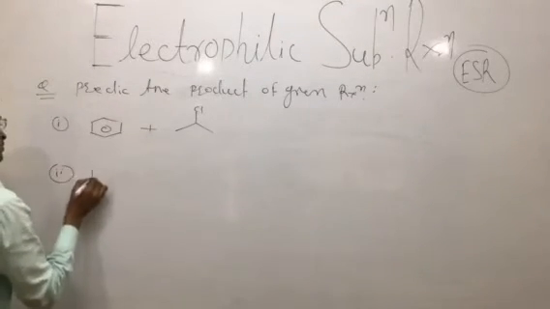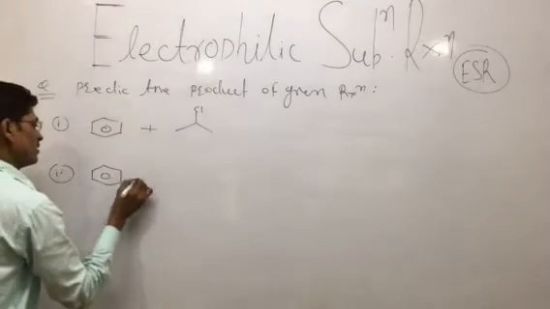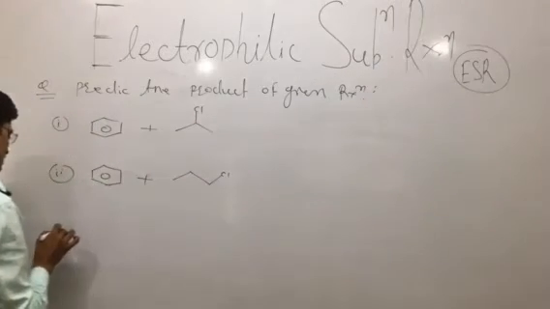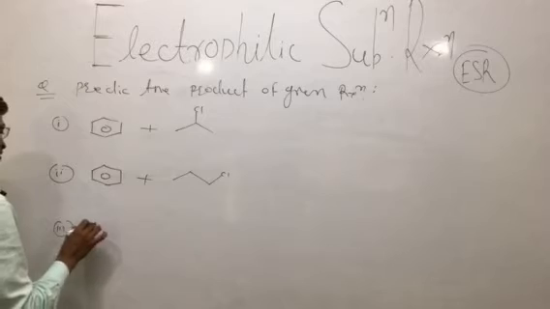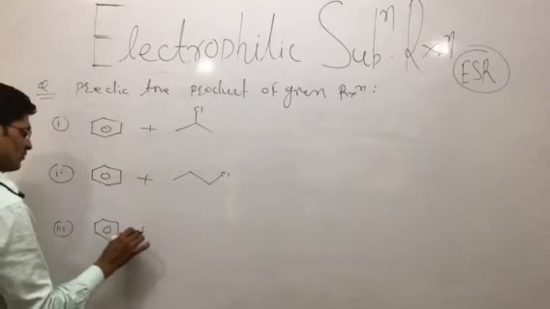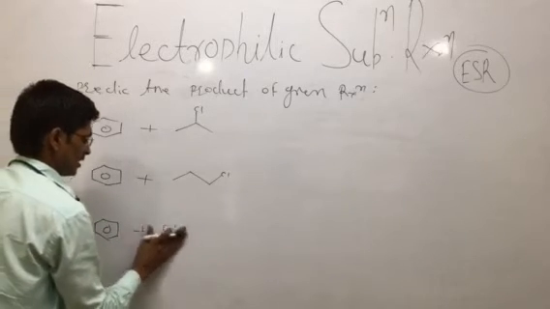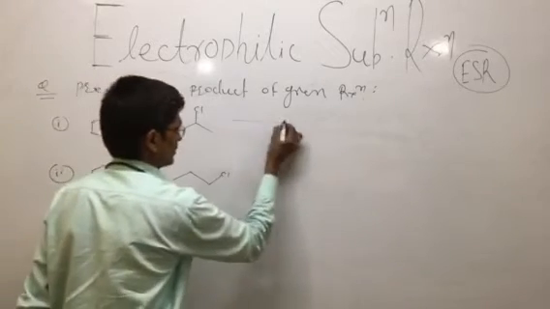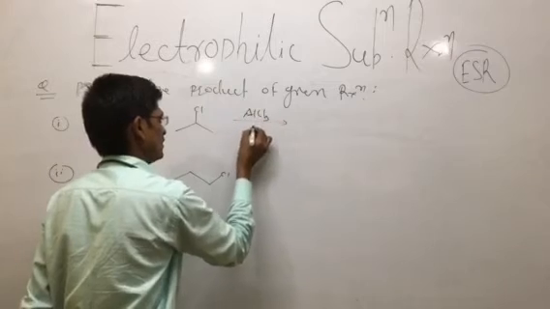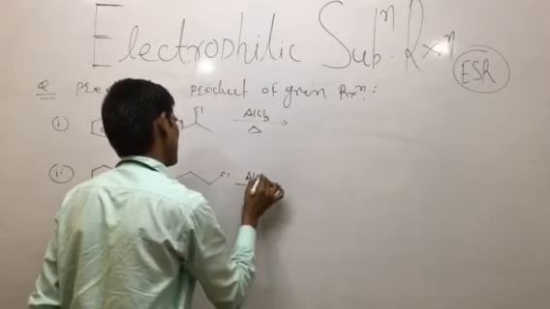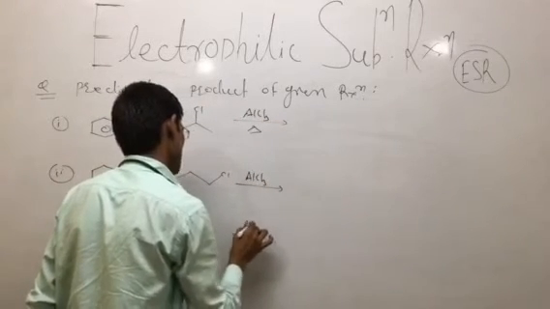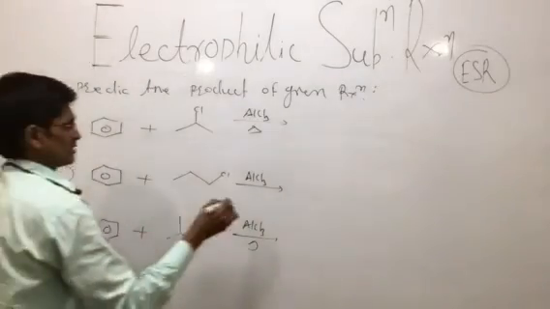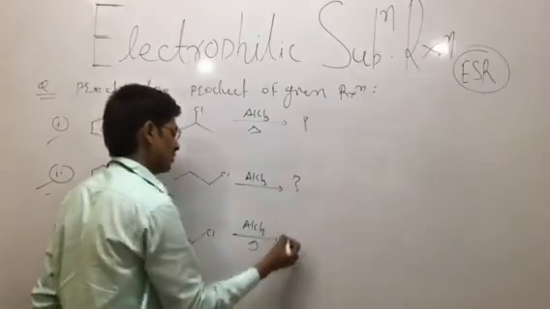The second reaction we may take, again a very important type, uses isopropyl chloride and n-propyl chloride. The third type of Friedel-Crafts alkylation reaction uses another reactant, CH3CHCl, in the presence of AlCl3. Predict the product here. Both the first and second reactions give the same product, and such reactions are compulsorily asked in your exam.